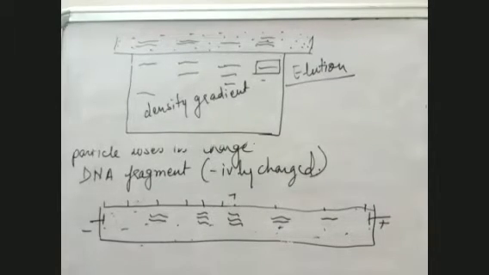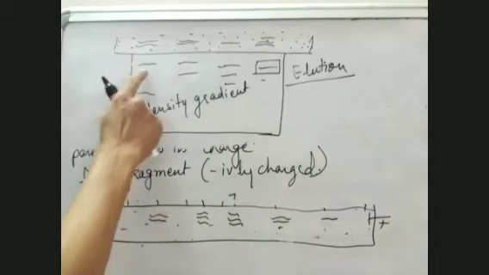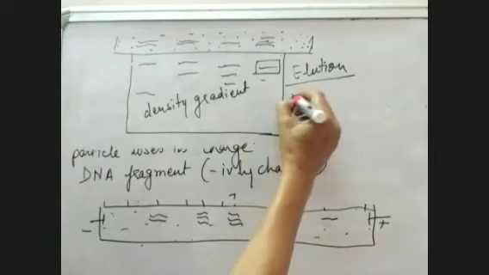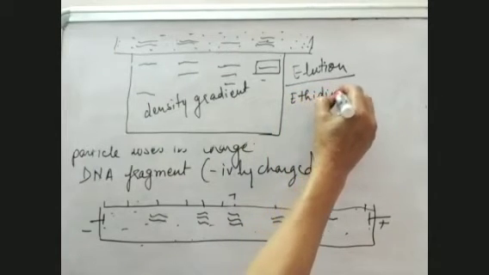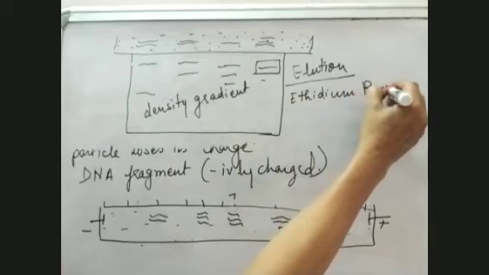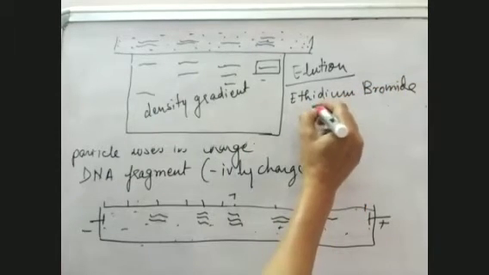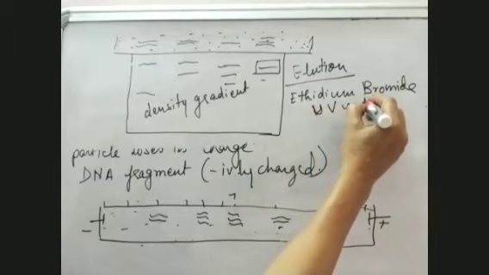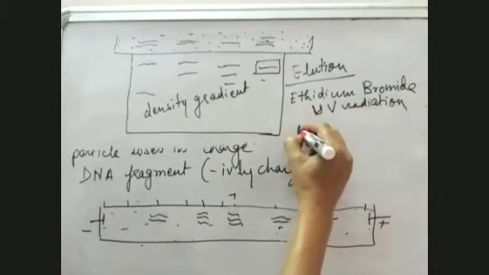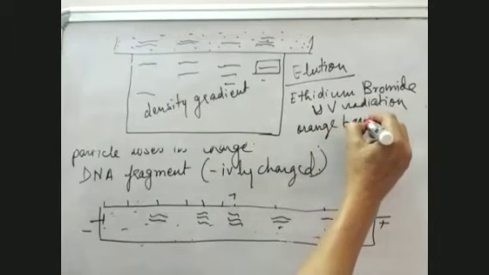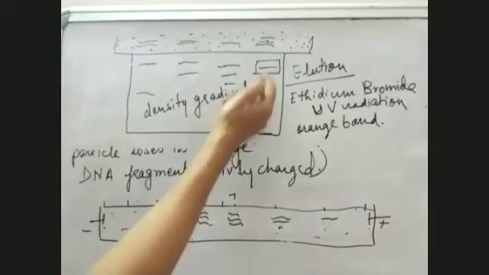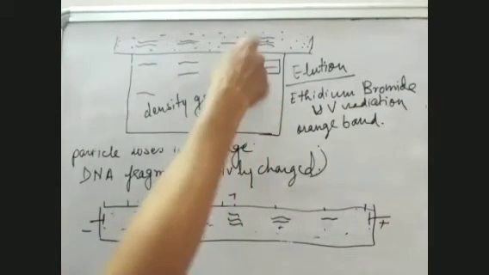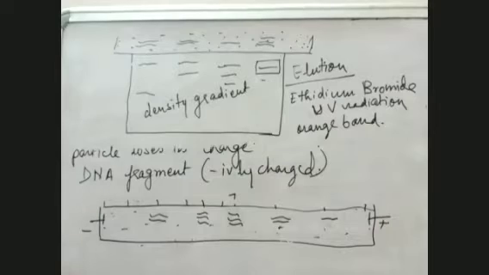So how to find out that we have a DNA fragment here? I told you two processes are there. In one, you treat this whole thing in which we have these DNA fragments with ethidium bromide, and then it is exposed to UV radiation. When exposed to UV radiation, they are visible in the form of orange bands. Then it is cut from that place, like we scoop out ice cream, with a scalpel, and removed.